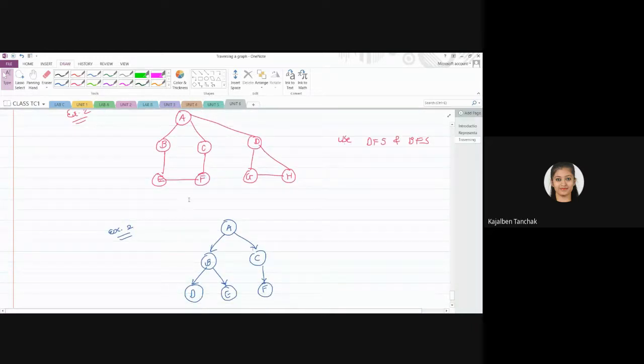Okay, I'll give you 15 minutes to complete these two examples using DFS and BFS for directed as well as undirected graphs. Okay, and then after you just tell me the answer. And everyone has to solve it now. I'm expecting answers from everyone.